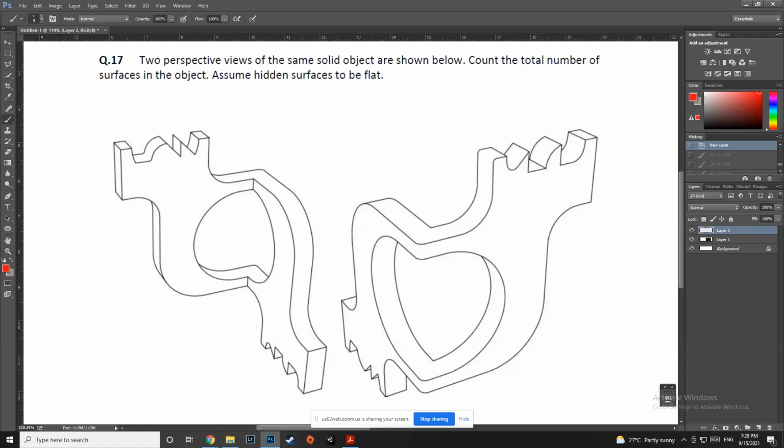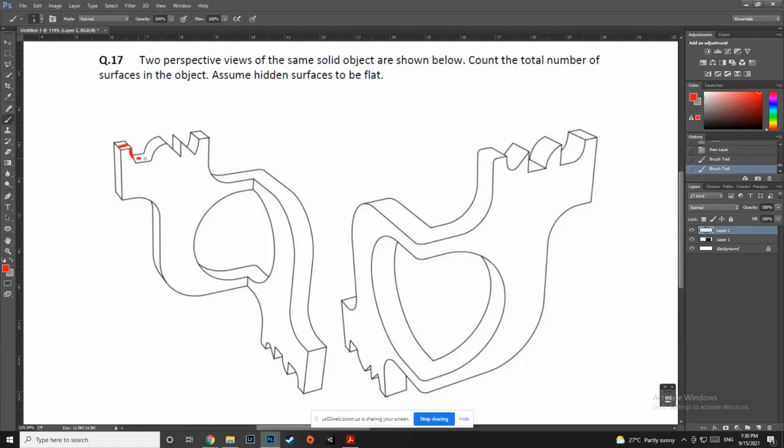All right, so we have a lot of answers and most of you are almost there, and most of you are correct also. So let us just quickly count the number of surfaces. How do you count a surface? If it is continuous, it is considered a single surface. But if it breaks, and this is how it breaks, you can see an edge. If there is an edge in between, it will be considered two different surfaces. So let us just quickly count.